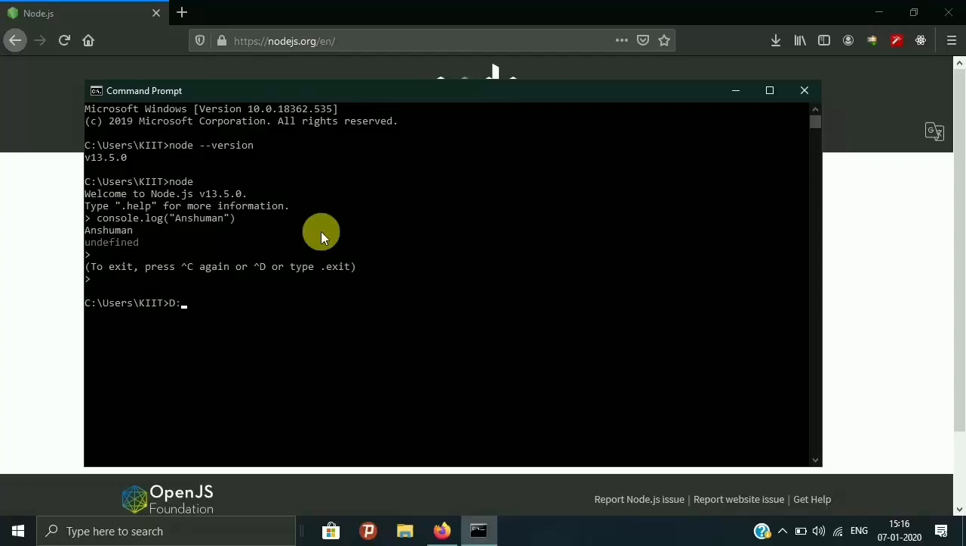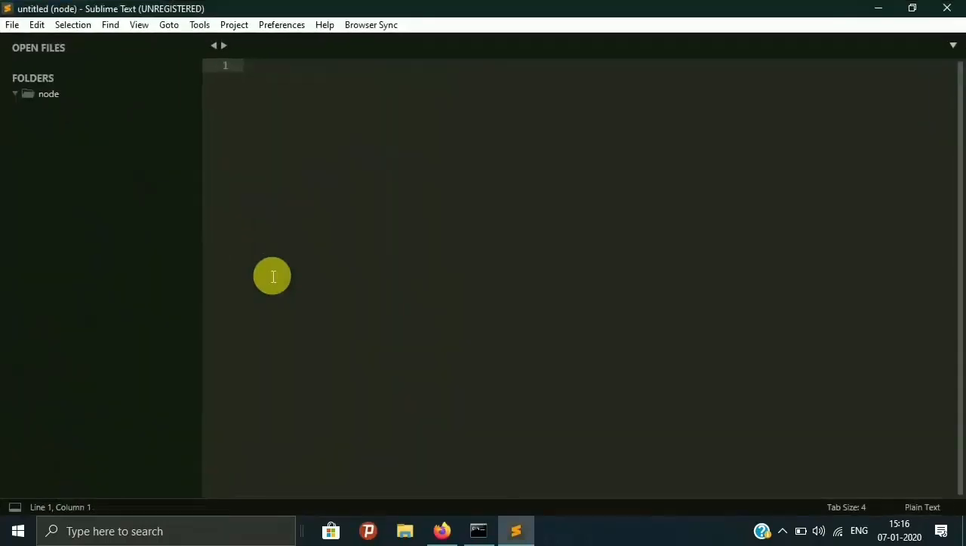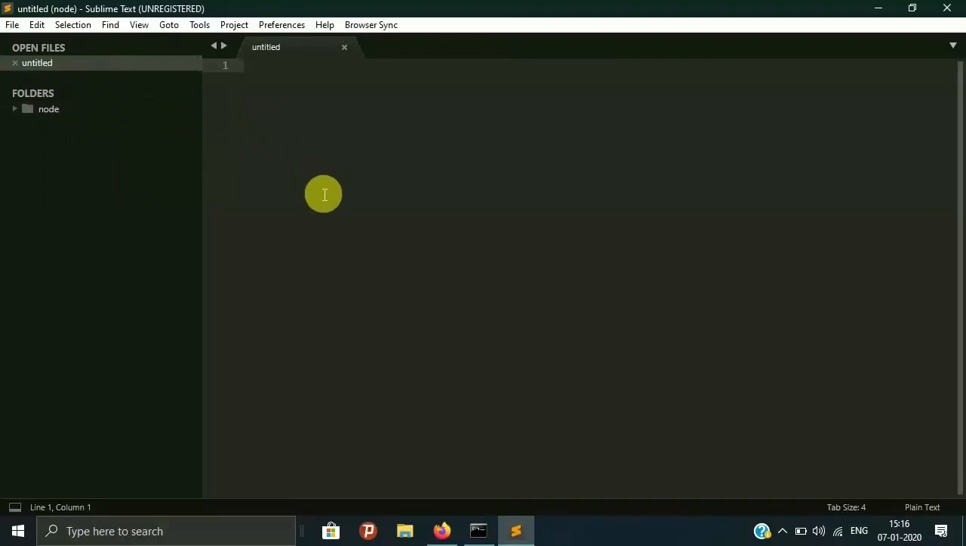So I'm going to change my directory to D. I'm going to create a new folder, it is Node. I'm going to go to this folder and open it with Sublime Text. If you are using Visual Studio Code, then you can use code space dot. Now, I'm going to create a new file. Let's call it